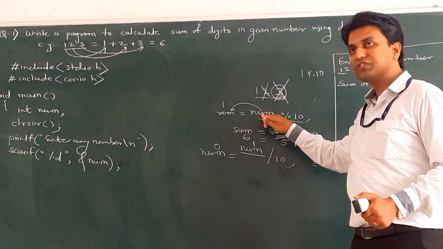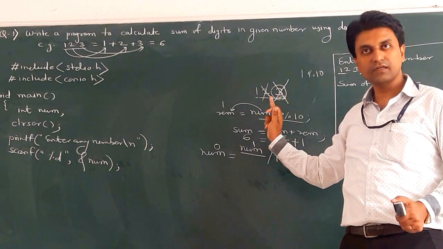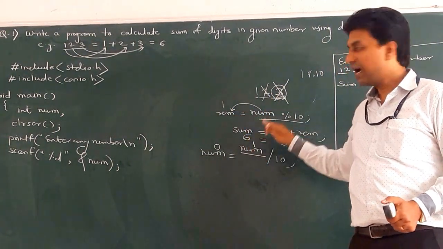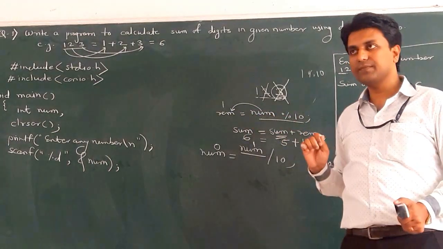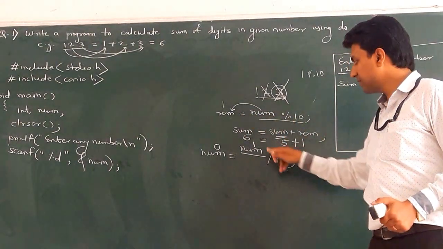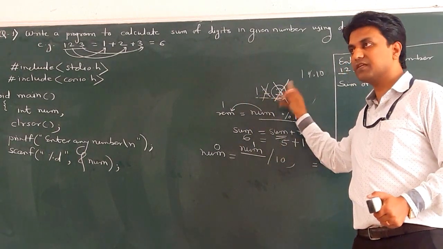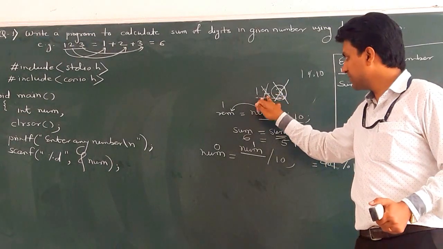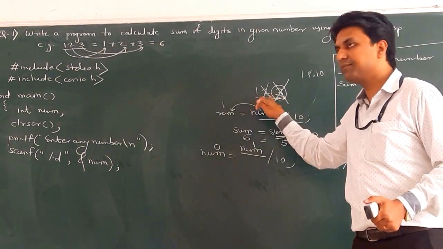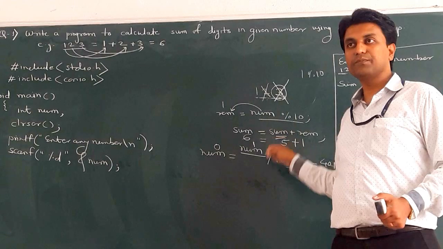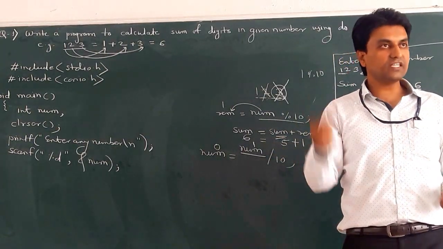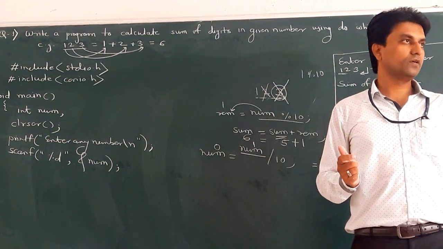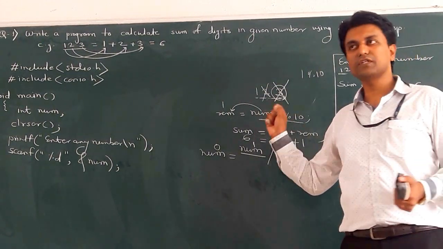First step, separate the first digit from the number and save it into the remainder variable. Second step, add that remainder into the intermediate variable, that is sum. Third step, discard the first digit from the number. So whatever the remaining number is, the same steps are applied. Means we can use loops. Similar steps we can follow a number of times, then we use a loop. Clear? That is the main aim of the loop.